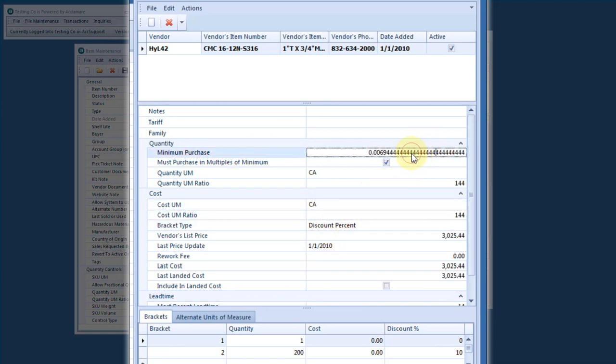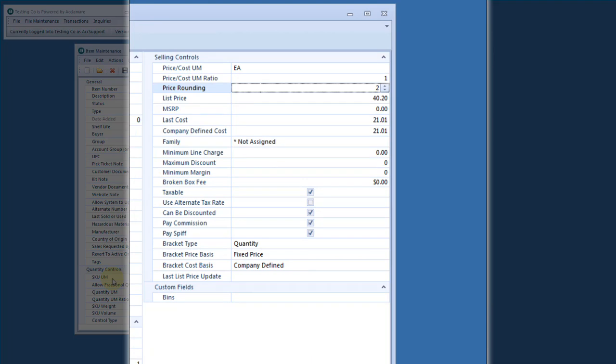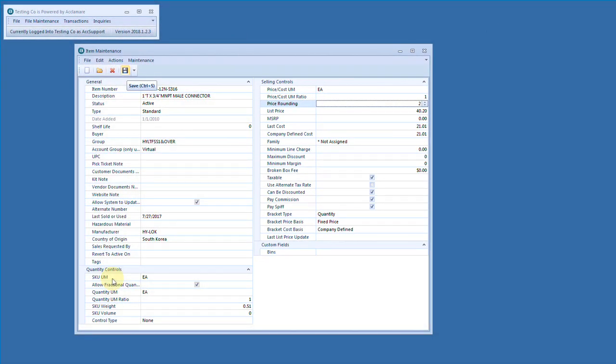And just for simplicity here, we'll also say that the minimum purchase quantity is 1 case. So you'll notice that our list price of this item has increased by a magnitude of 3,025. In the bracket area down at the bottom, we're still set at 1 and 200. Keep in mind, these are reflective of the SKU units of measure set at the item file maintenance area. We'll go ahead and shut this down, and I will rerun replenishment, and I'll be right back and show you